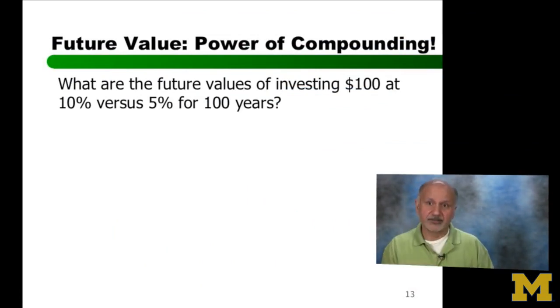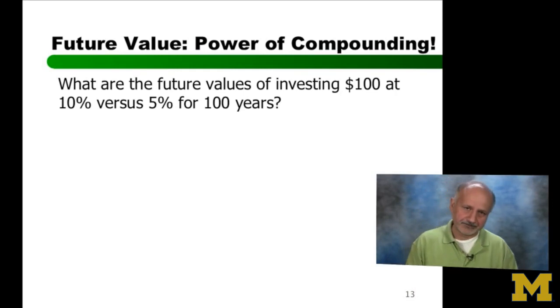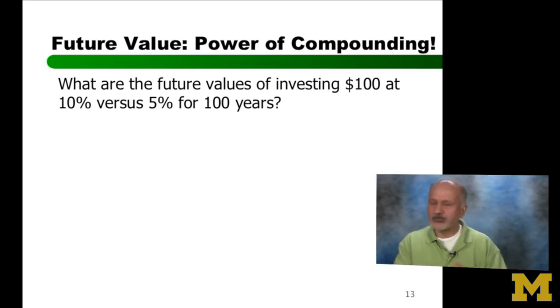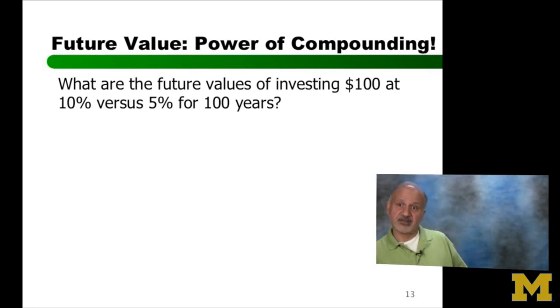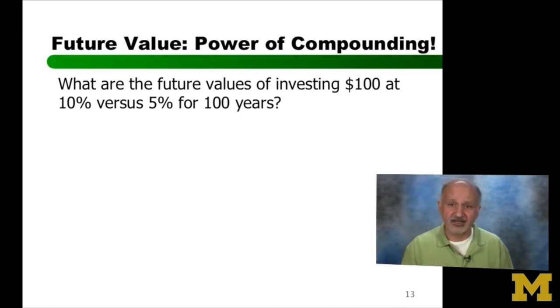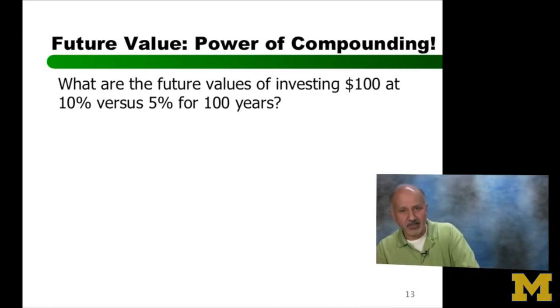Let me ask you this. Suppose there was no compounding, which means what? Interest will be treated differently. Interest cannot earn interest. The only thing that can earn interest is the original $100. Let me ask you, with 5%, how much will you have after 100 years? And you should be able to answer that question